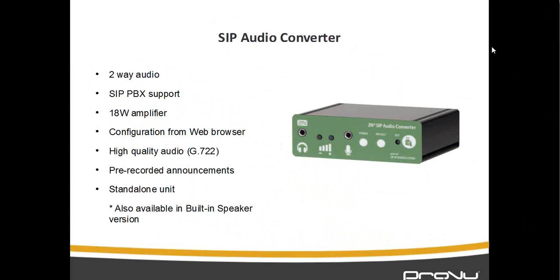So this is a standalone unit, but again, you can do most of what you can do with a decoder. It is not a streaming system though. Although it can work with the 2N IP manager software, it is a standalone system by itself, and it is mainly used for converting SIP into audio. Whereas the other one with 2N software is mainly used for streaming music, setting priorities, and making a multicast page across the board.